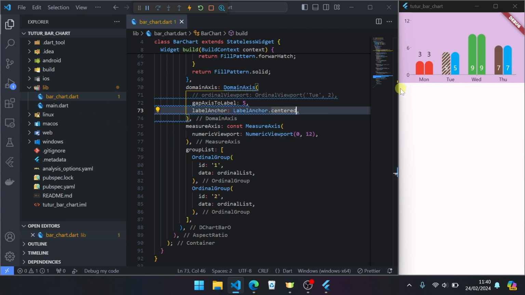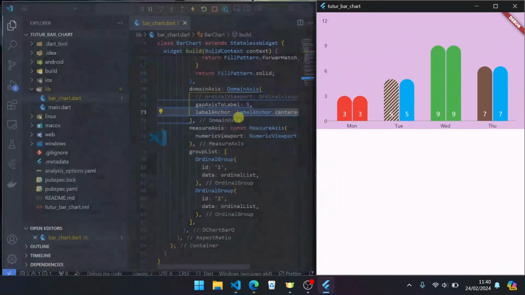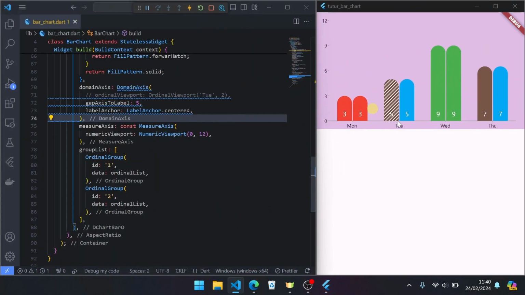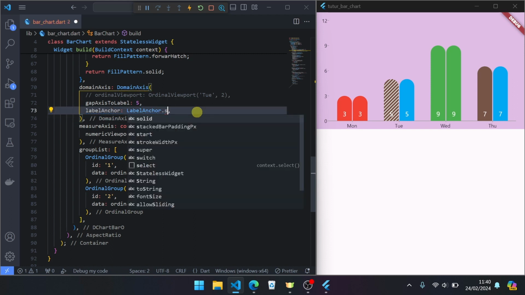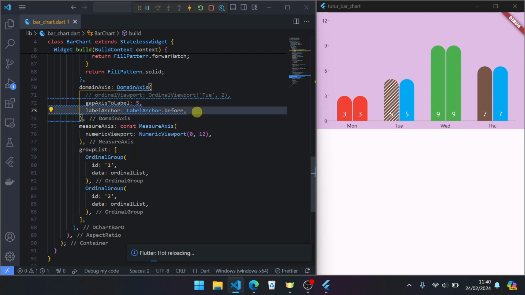From tick here, or dot measure or dot domain is tick, represent to label domain, this is center. If we change to before, it will show before tick.